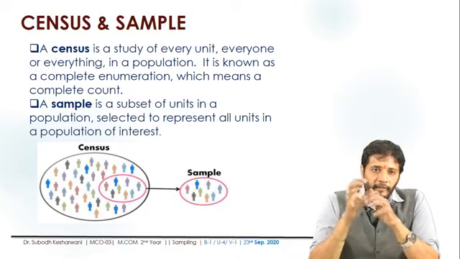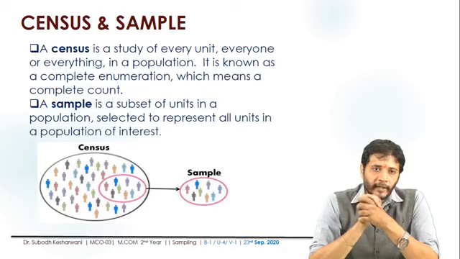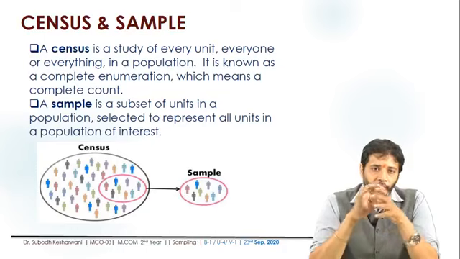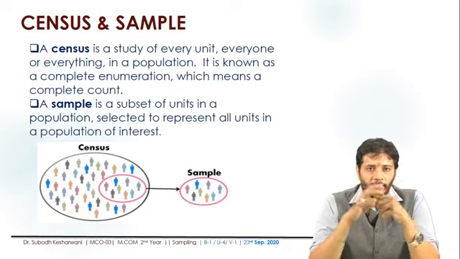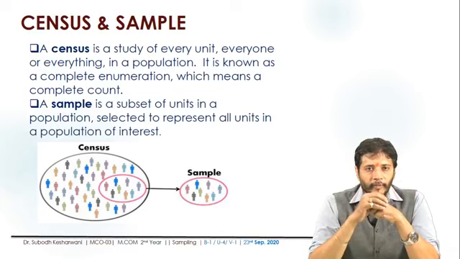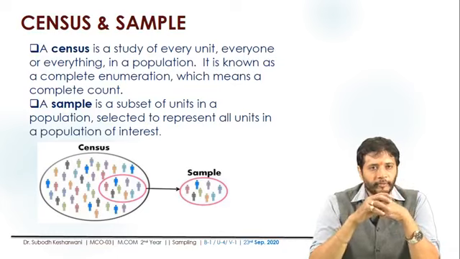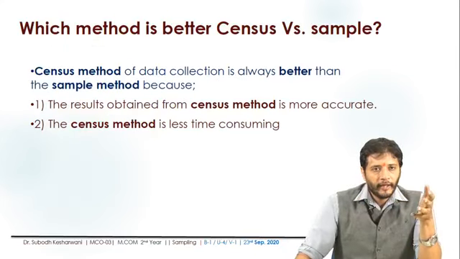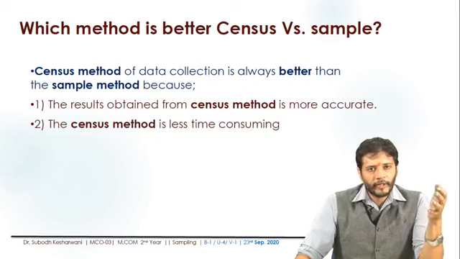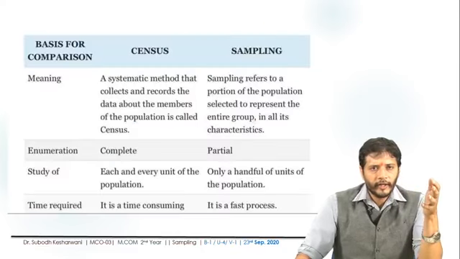And a little bit we have talked about population, sample, and census. If you look at the difference between census and sample, a census is a study we have already talked about, known as a complete enumeration, which means a complete count. The census method is less time consuming, and the government puts more emphasis on the census methodology. And if you see the comparison between the two,